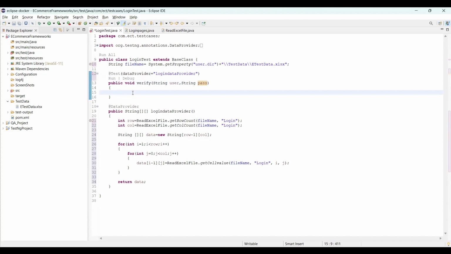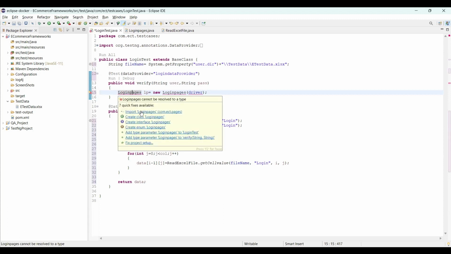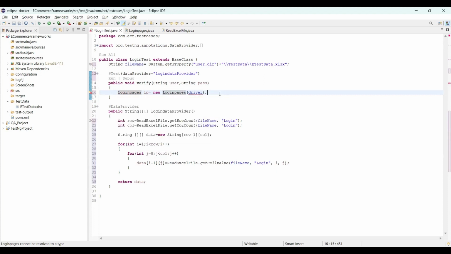Now let me create an object of this LoginPage. LP equals new LoginPage, and here I have to pass driver because I'm extending the base class. So it's obvious that I can pass the driver value straight away. Now LoginPage, P is in small letters. I hope it's good now. Import this. Now using this LP,